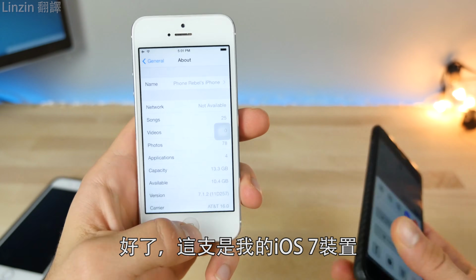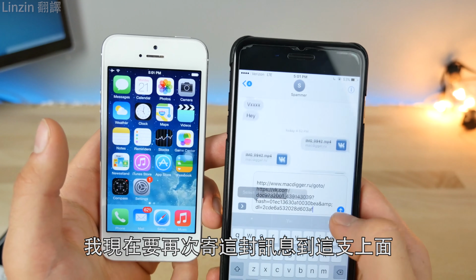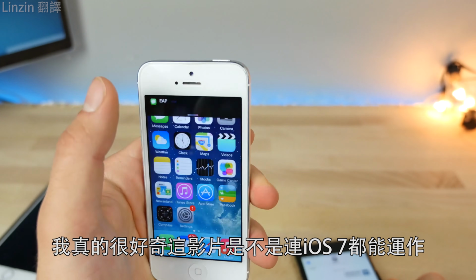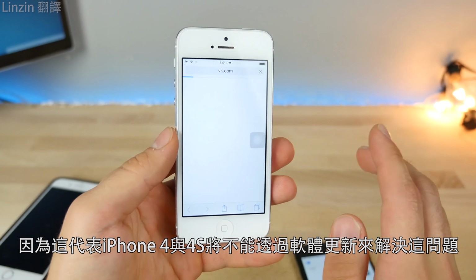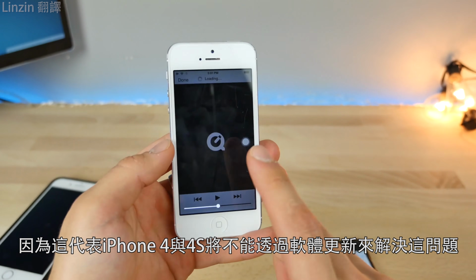Okay, and here's my iOS 7 device. So I'm gonna go ahead and send a text message once again to this guy. And I'm kind of curious, does this work all the way back down on iOS 7? This would be crazy because that means the iPhone 4 and 4S are getting a software update to handle this